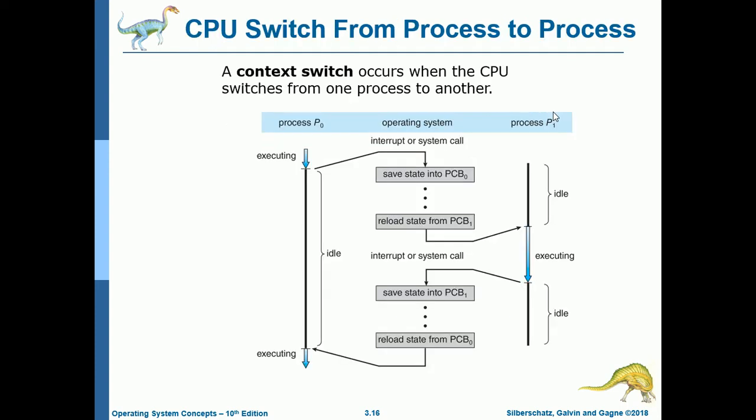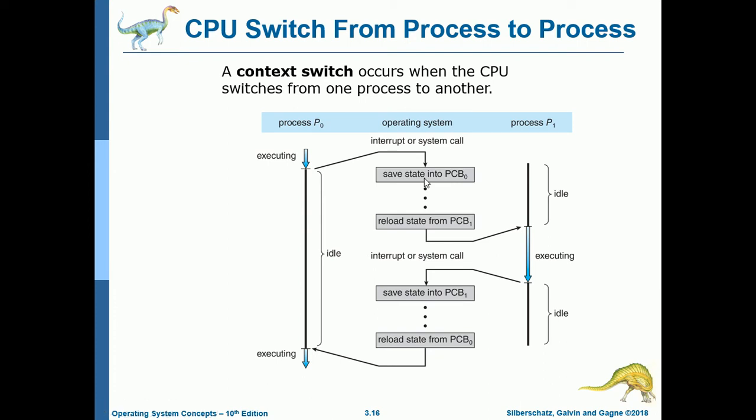So next, we have the CPU switch from process to process. A context switch occurs when the CPU switches from one process to another. For example, we have an operating system and, strictly for this example, two processes loaded in memory. Process P sub 0 is executing, and then there is an interrupt or system call. So it will save the process state